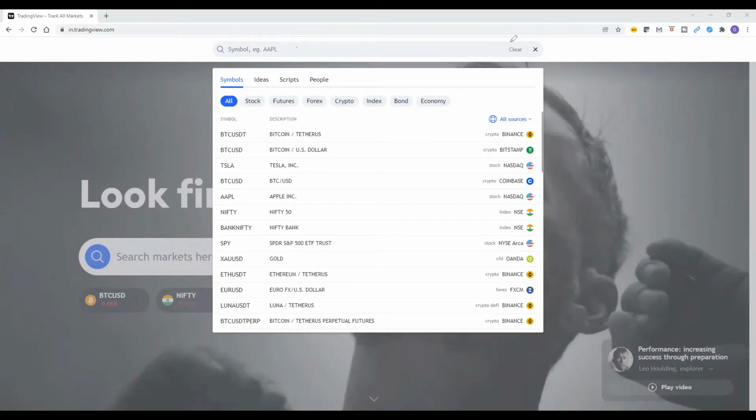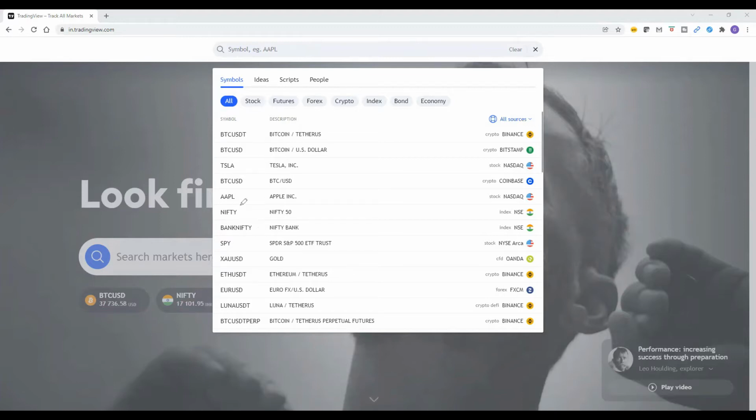If I want to search some particular stock, I can search here. By default, we can see the Nifty index and the Bank Nifty index. Some default values are already popped up.